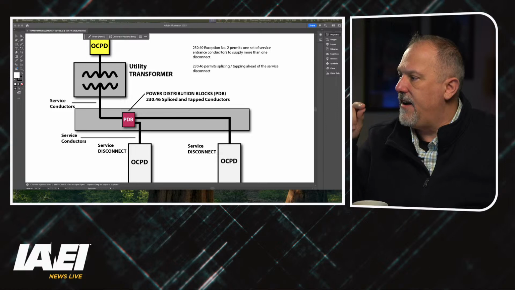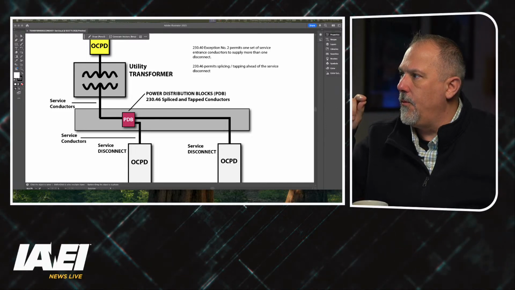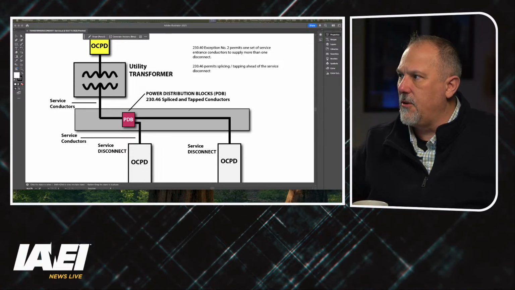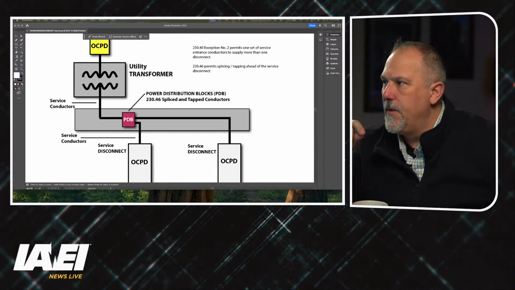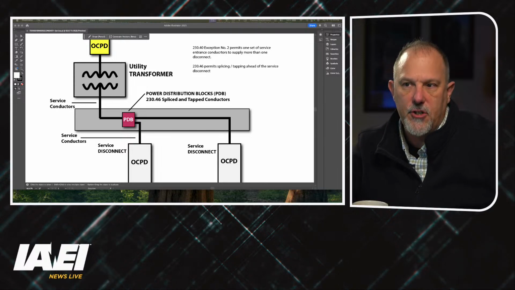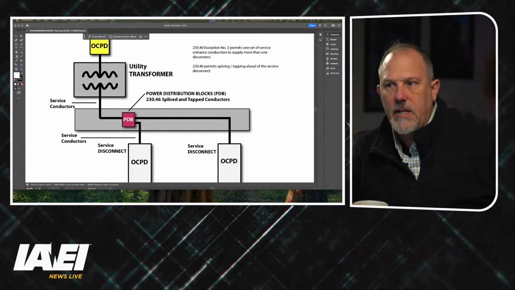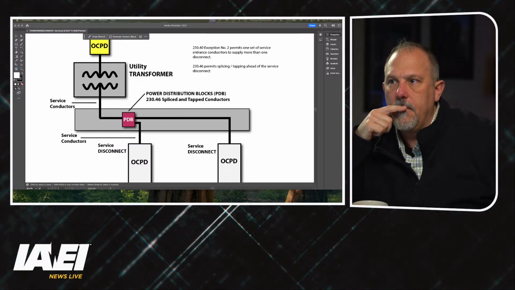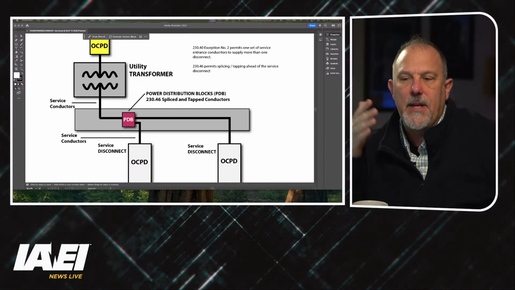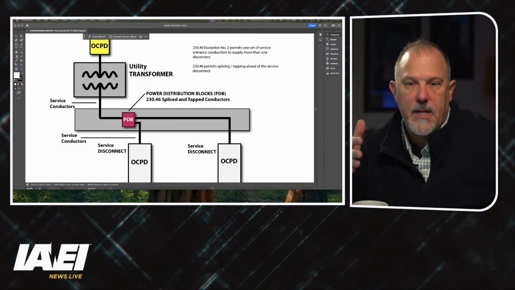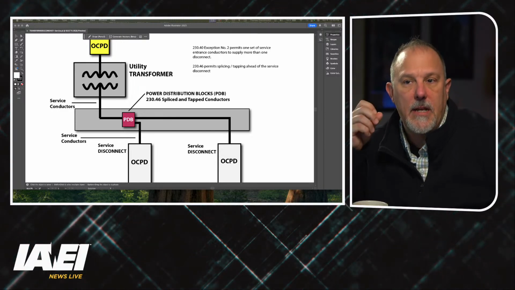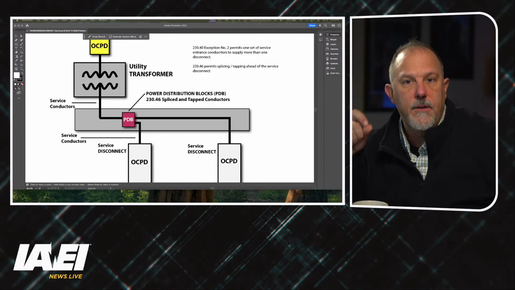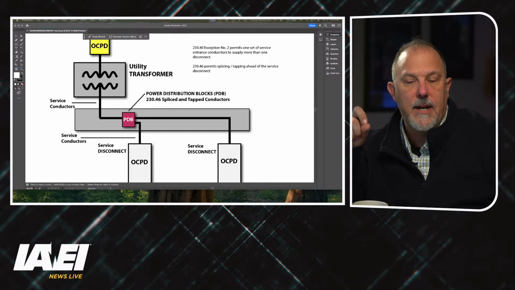But we have permissions, and we do have the provisions within Article 230 for placement of those power distribution blocks. 230.46, spliced and tapped conductors. 230.40 tells us that we can splice and tap these unprotected conductors, but my point is that we have specific rules for unprotected conductors inside